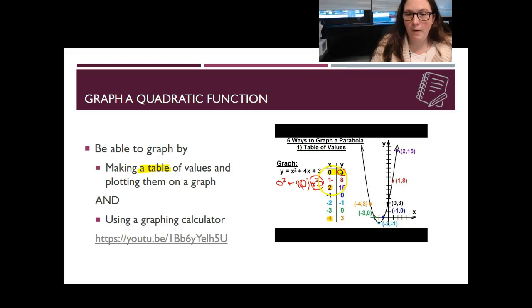They then went back through and did the same and plugged 1 in for x and got an answer of 8. In the additional videos, I'll go through and show you guys how to do that if you're confused on it. But you should be able to create a table of those values with 4, 5, 6 points in them to get a good parabola, and then be able to plot that onto an x and y coordinate grid. At the same time, you need to be able to accomplish the exact same thing with,